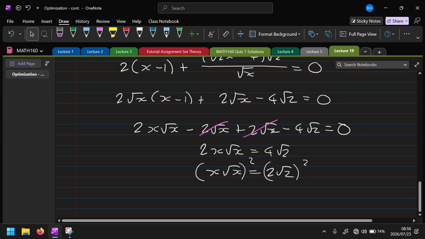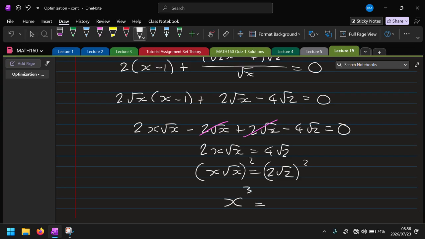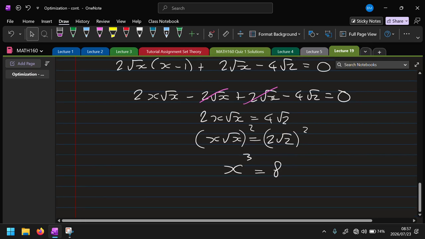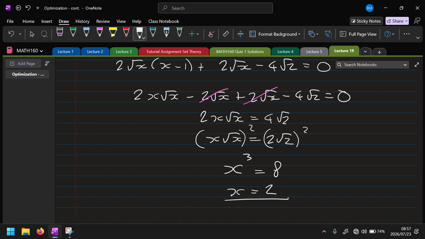Okay, so on the one side there, we've got x squared and x, so x cubed. And then on the other side here, we're going to have 4 times 2, so that will be 8. Okay, very easy. We only get 2. Okay, so we get only one answer, so that must be the one we're looking for. If you had more than one answer, you would need to check. Right? So one of them would be a minimum, maybe one of them's a maximum. Here we just get one answer. Okay, so that's it. So x is 2, but remember we're looking for the point, not just the x value,